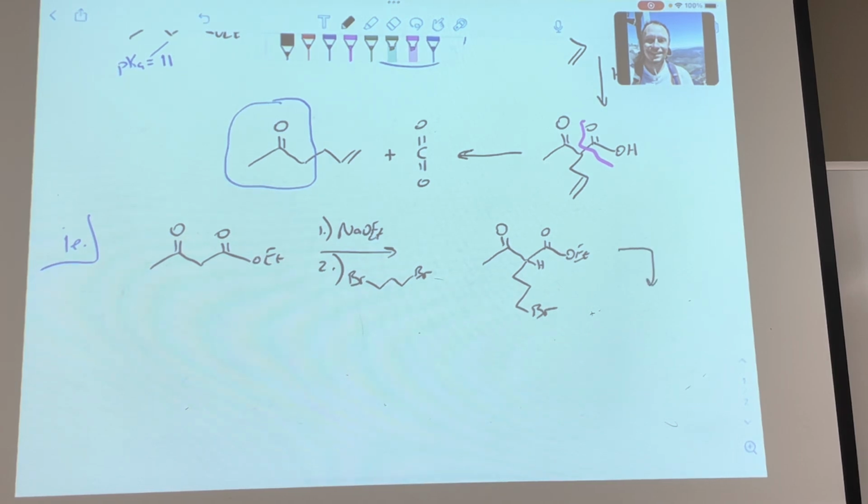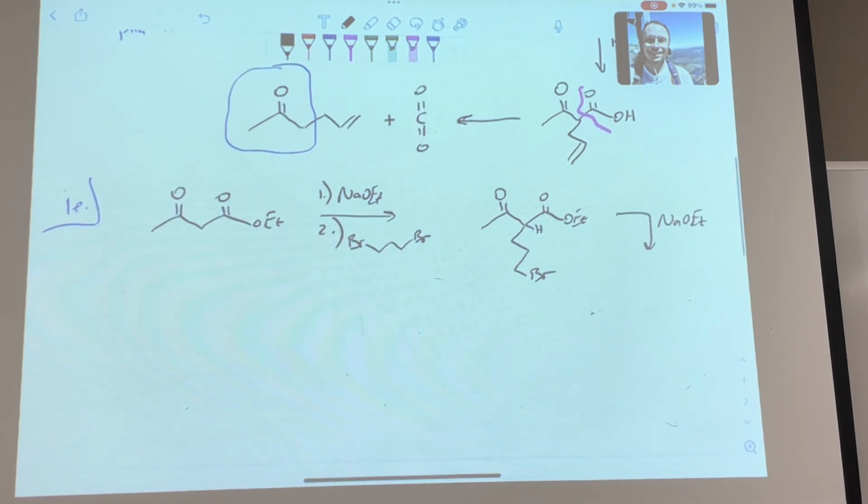And so if we treat this with a second equivalent of base, you're going to do an intramolecular SN2, which would give us, in this case, something like this,